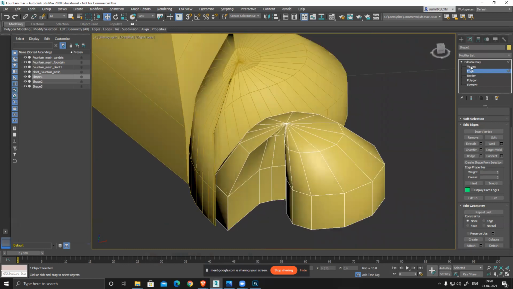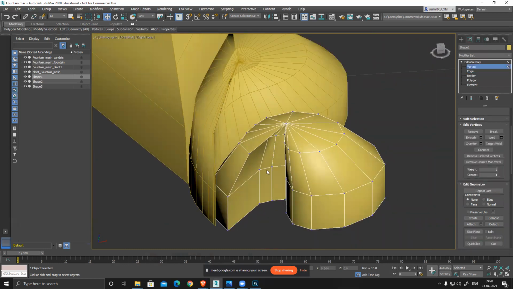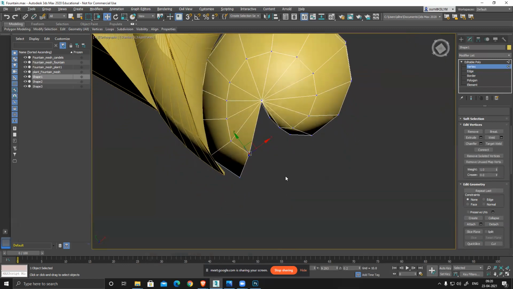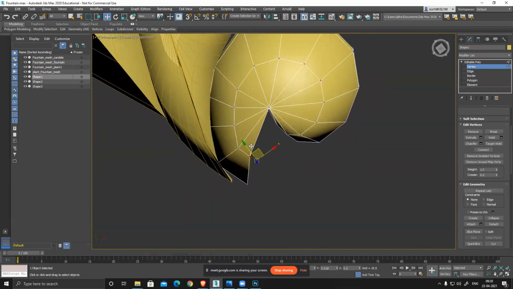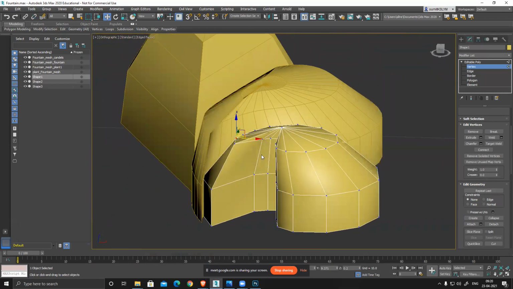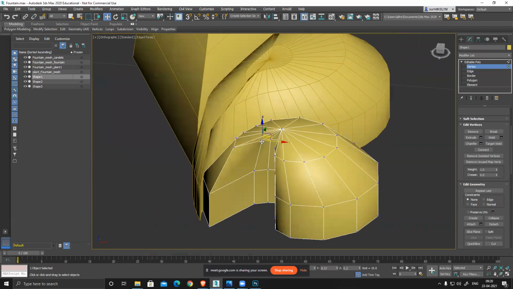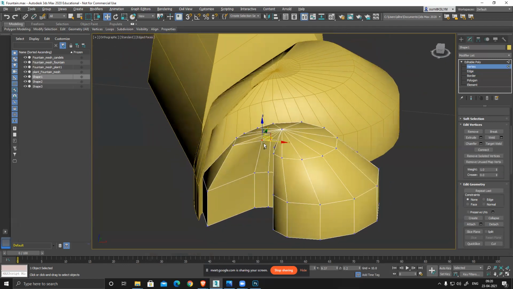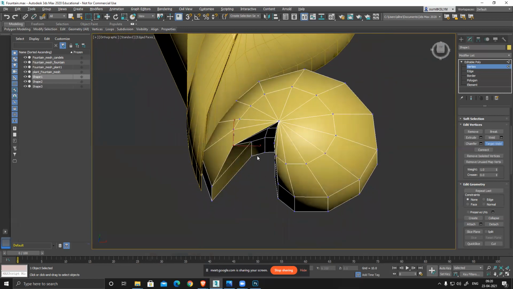And the only problem is this vertex. I can clearly see this vertex is not serving any purpose, so I need to fix it, weld it here, so I'll get this shape.